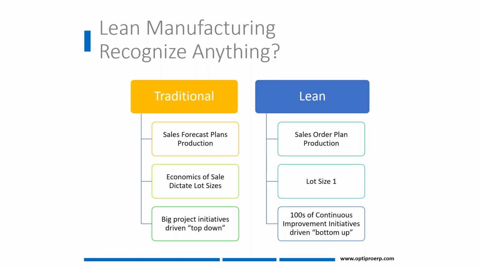And we build it from the back of the process as opposed to the front of the process. Traditionally, we look at projects as something that's driven from the top. An executive or C-level has an idea, and the organization mobilizes it and executes a project. So it's more top-down. From a lean manufacturing perspective, we have hundreds of continuous improvement projects on the go at any time, and initiatives are driven from the bottom up.